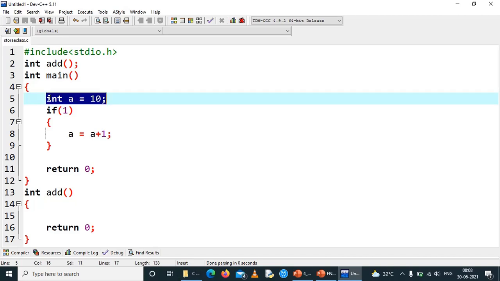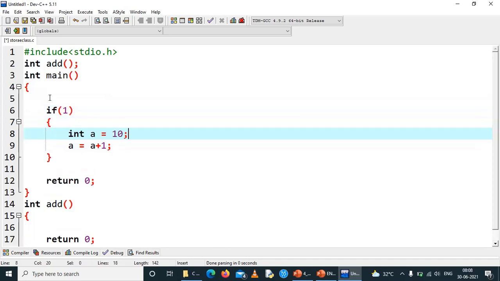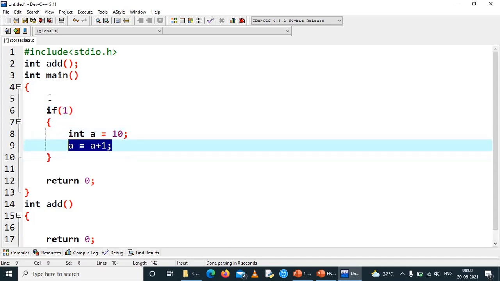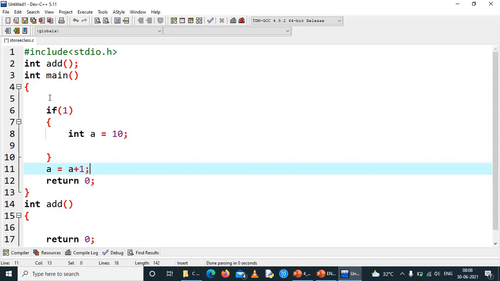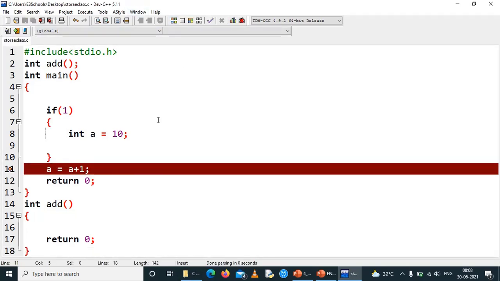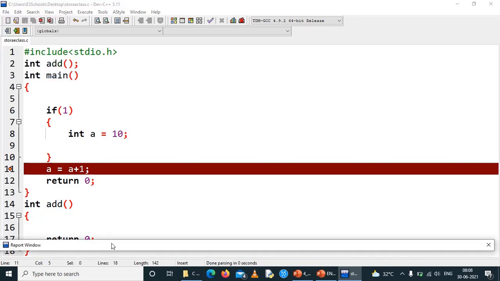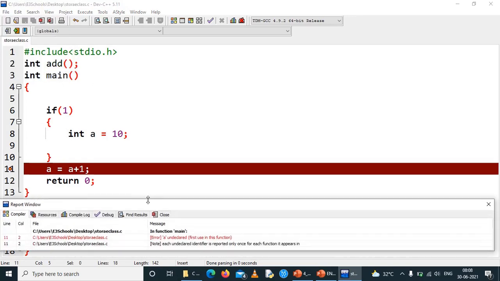But when I create a variable here and I try to access this variable here, you can see an error comes. I can show you the error.